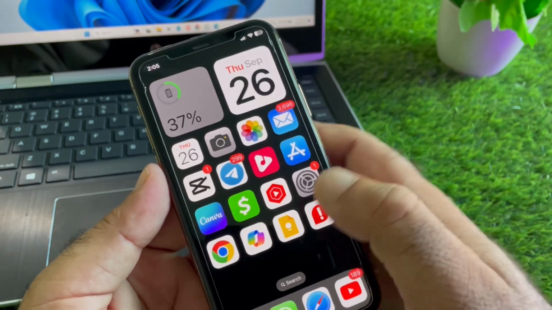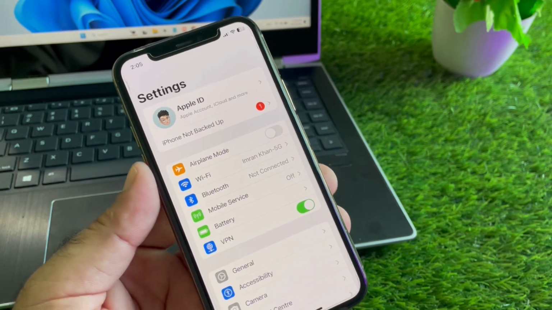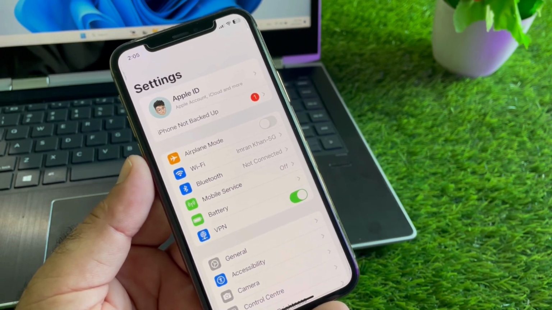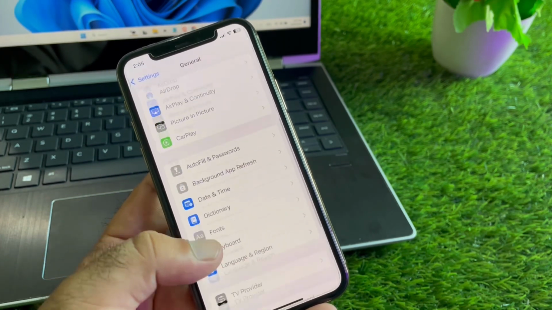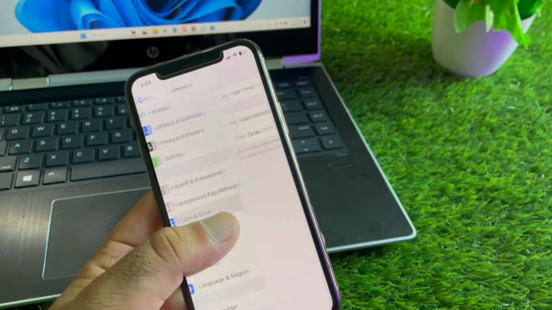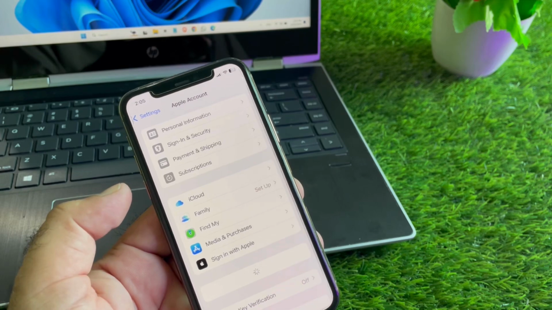Simply go back, and first of all, open the settings of your iPhone or iPad, and make sure that you have an active internet connection. Then if there is any connected VPN, you may disconnect it. After this, click on General, and check that your date and time is set to automatically. Then go back again, and click on your Apple account or your Apple ID,